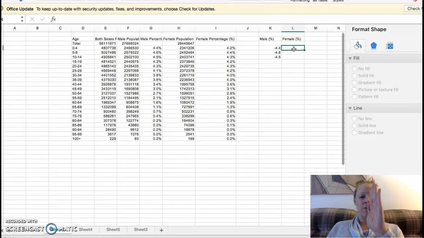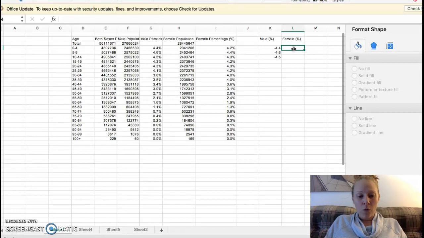Remember, this is the 0. This is the x-axis. Oh, sorry, the y-axis. And so the females are going to be on this side, and it's going to be positive. And so 4.2, if you don't understand that yet, don't worry. It'll make sense once we start graphing it. 4.4,